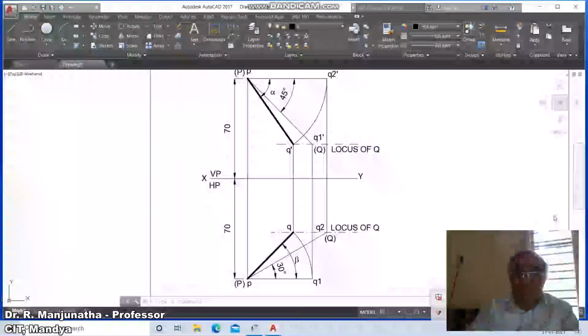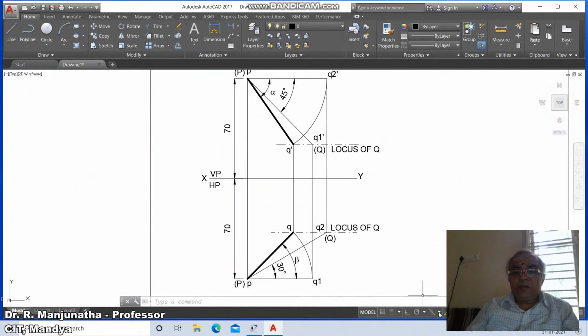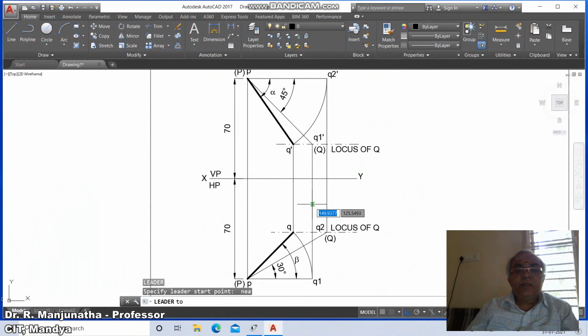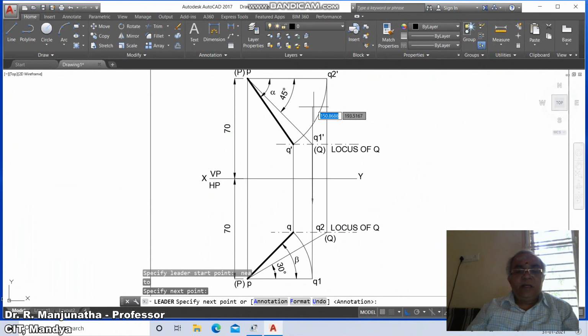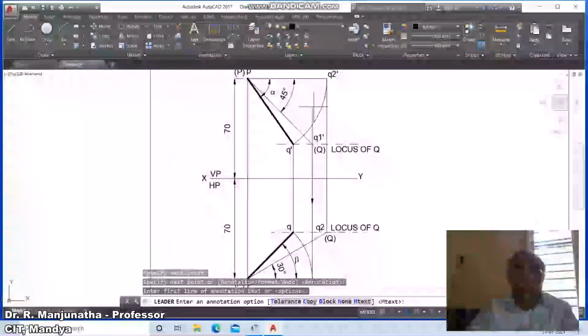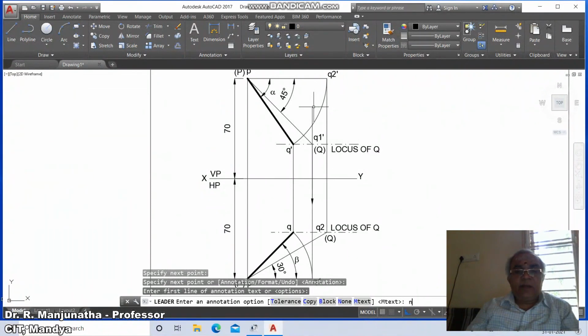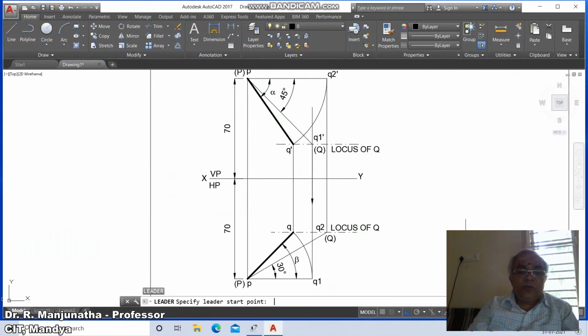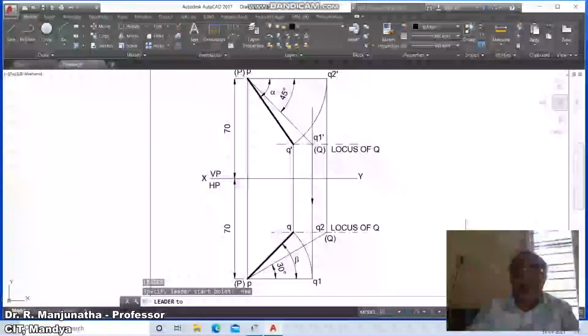So to do that, first we'll switch on the ortho mode, then go to leader, type LEA, go to nearest point on this and drag it on this side, and go to annotation, options, default, and type N, none. Similarly, leader, go to nearest NEA and enter.